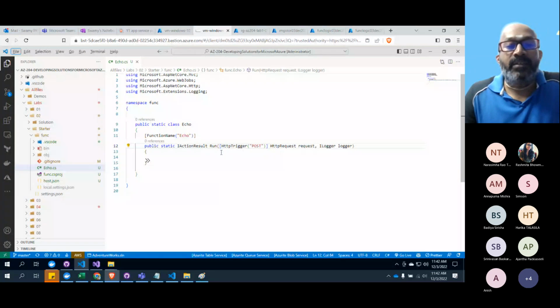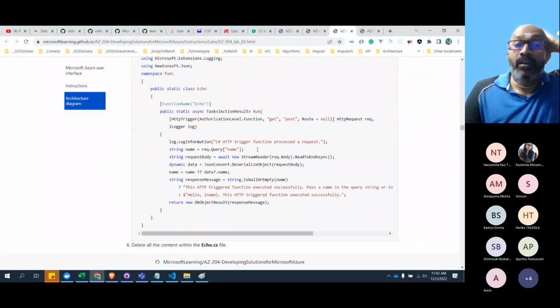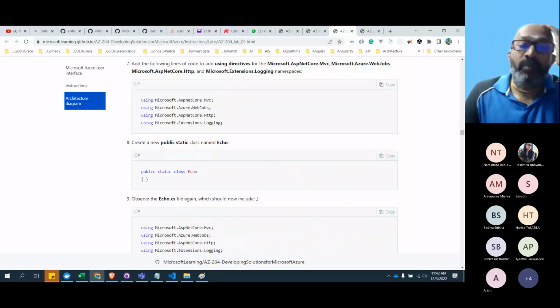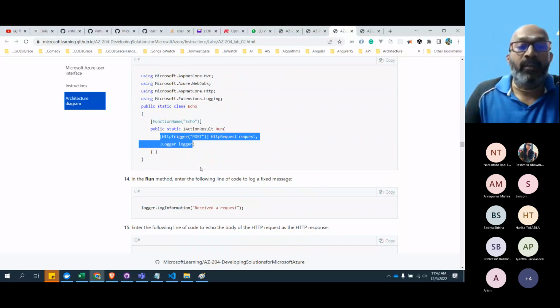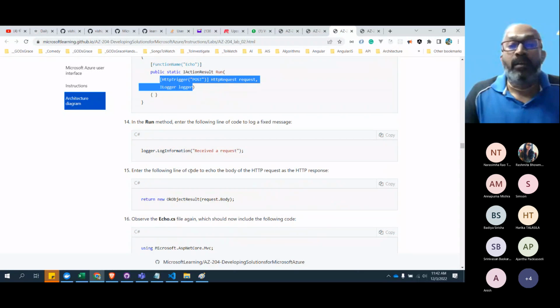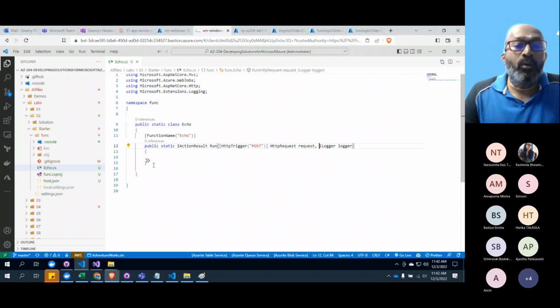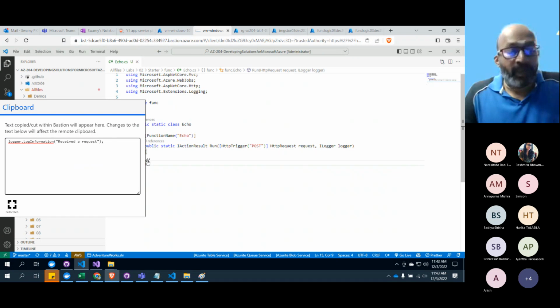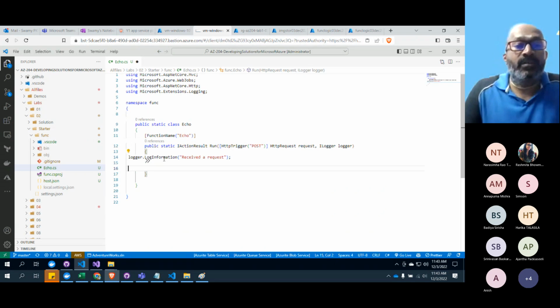So that's IActionResult and HTTP trigger. Now only post is allowed. Previously, we used to allow get and post, and we used to read the query. But now in this code, we are saying that we are going to allow only an HTTP post kind of trigger. So let's get this request, and we are sending it back. We are not doing anything. It's just an echo function, isn't it? Whatever you send, it will send you back. So that might be the intention of this.